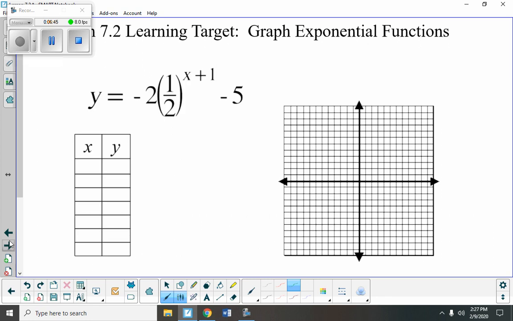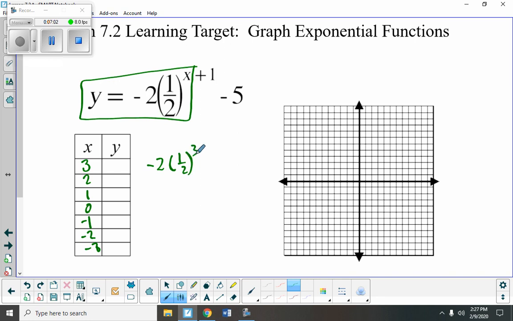We'll do one more. Y equals negative 2 times 1/2 to the x plus 1 and then minus 5. So we'll make a box up until the value of x, substitute in values. So we have negative 2 times 1/2 to the third. We'll put that in, and I'm going to type that in my calculator here. And that gives you a negative 0.25. And then we're going to substitute in a 2, negative 0.5,